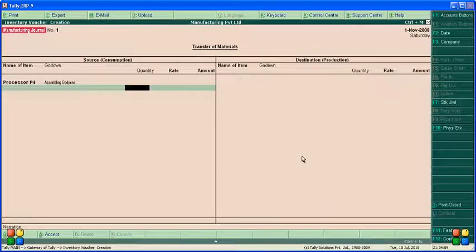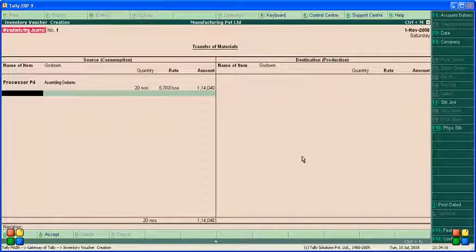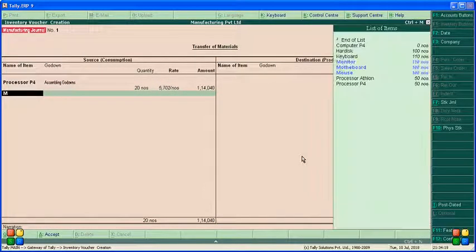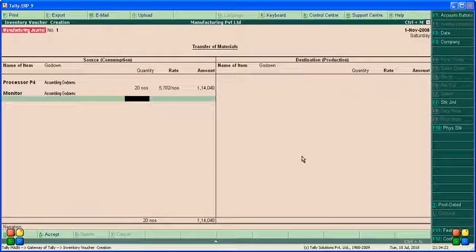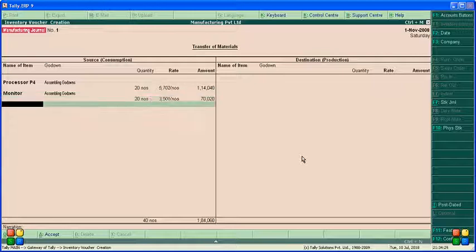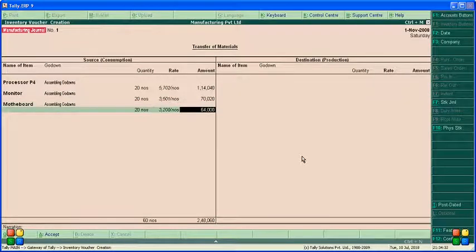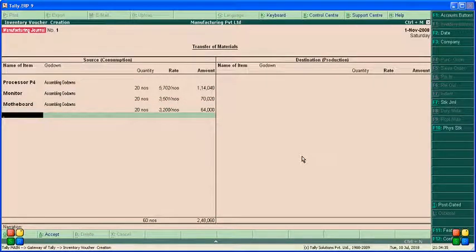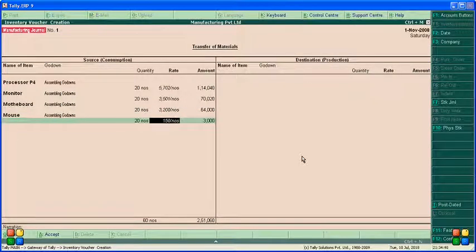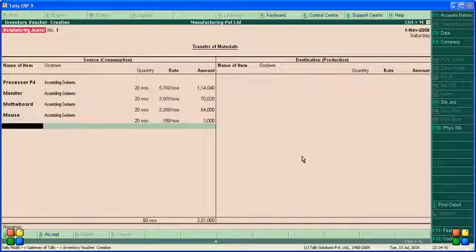from assembling go down, quantity is 20. We are preparing here in manufacturing general. Okay, then monitor, assembling go down 20, then motherboard, assembling go down 20, then mouse, assembling go down 20, then keyboard,